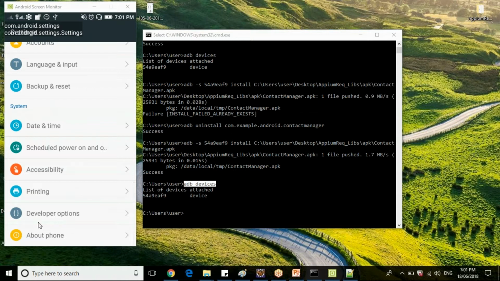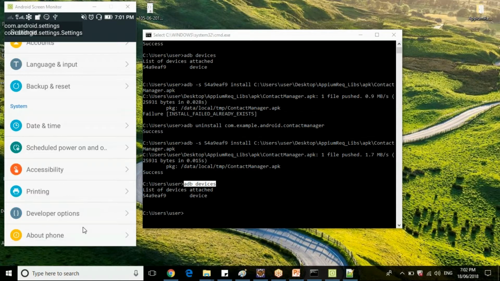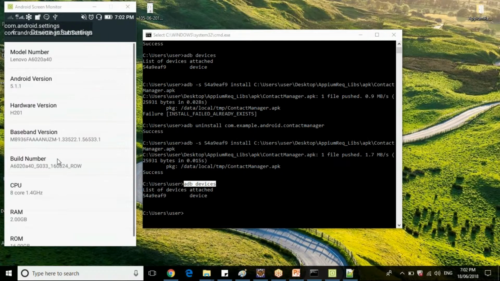So you need to enable this. Suppose you are not able to view your developer options throughout your settings, if it's a new mobile, just go to about phone. Go to device information. It differs from vendor to vendor, guys. Suppose your device manufacturer is Lenovo. I'm using a Lenovo mobile, so the user interface is a bit different. If you're using Moto or Sony, just navigate to your build number wherever it is in about phone. Mostly the build number will be in about phone.